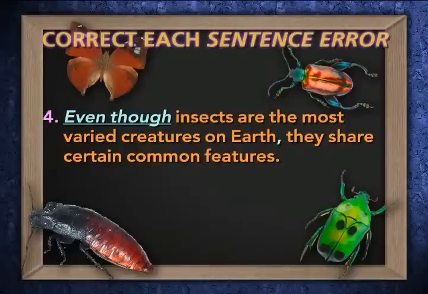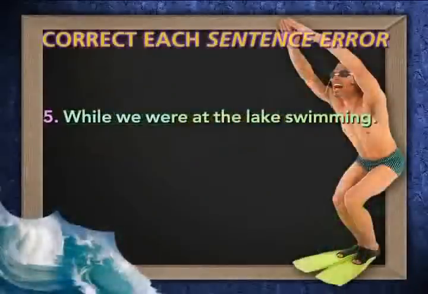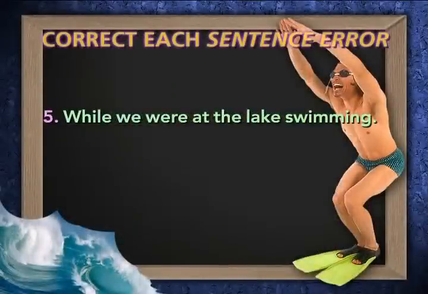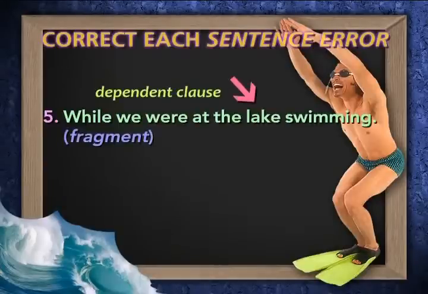I like that a lot because now the even though they're varied makes a lot of sense when I combine it with the common features. So I chose that not only because it was a little bit different, I wanted to illustrate a point, but also because it makes the most logical sense considering what it is I want to convey. Next one. While we were at the lake swimming, well, what happened while we were at the lake swimming? I don't know. I have only a dependent clause. I have the word